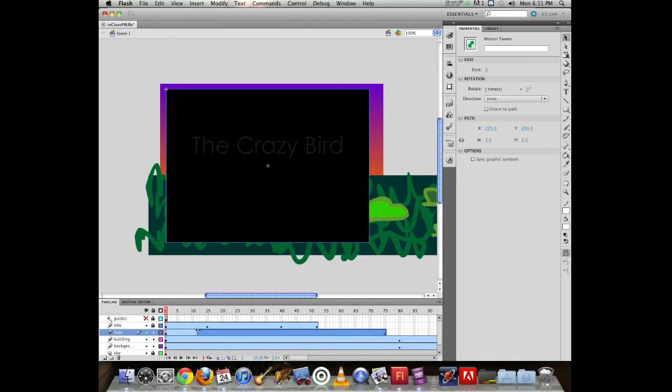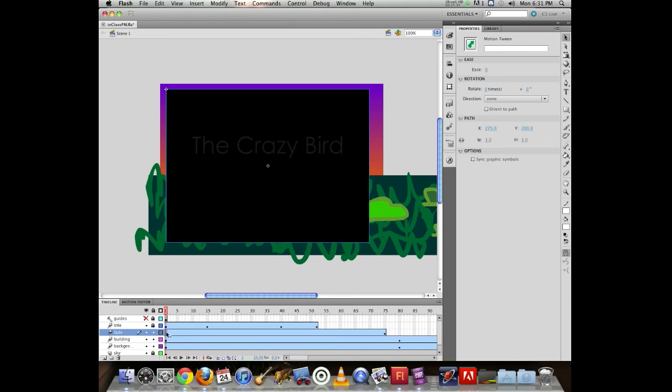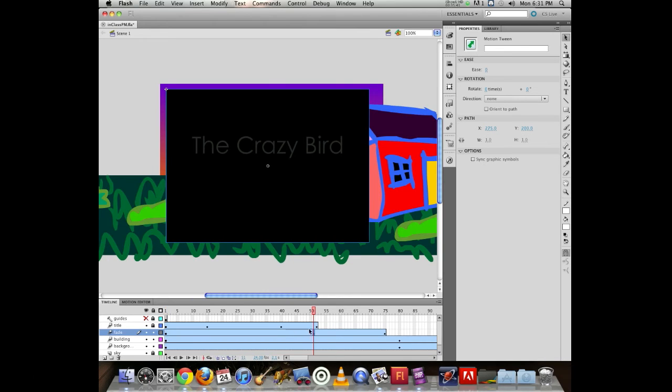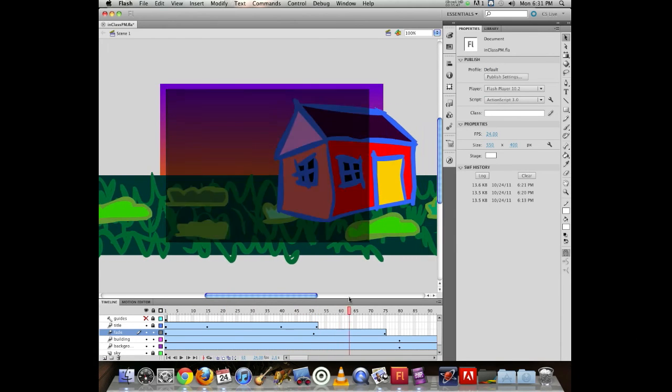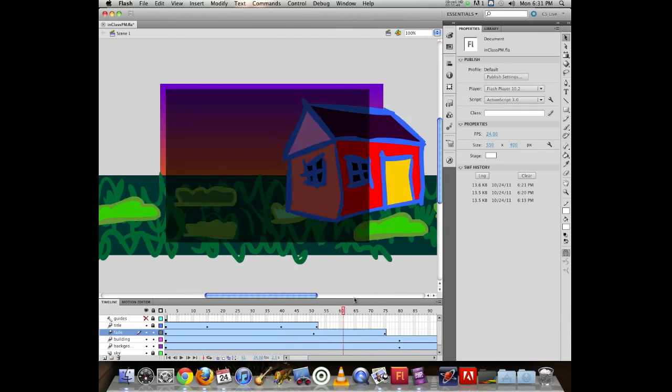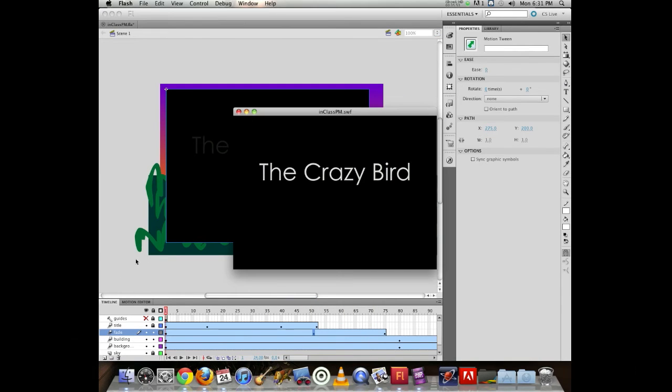So if I start dragging that frame, try again. If I hold down Option and then start dragging that frame, you can see the little plus right there. And now, we'll see that it stays black, and then it starts fading. So it fades faster now. You can see fades in, fades out,